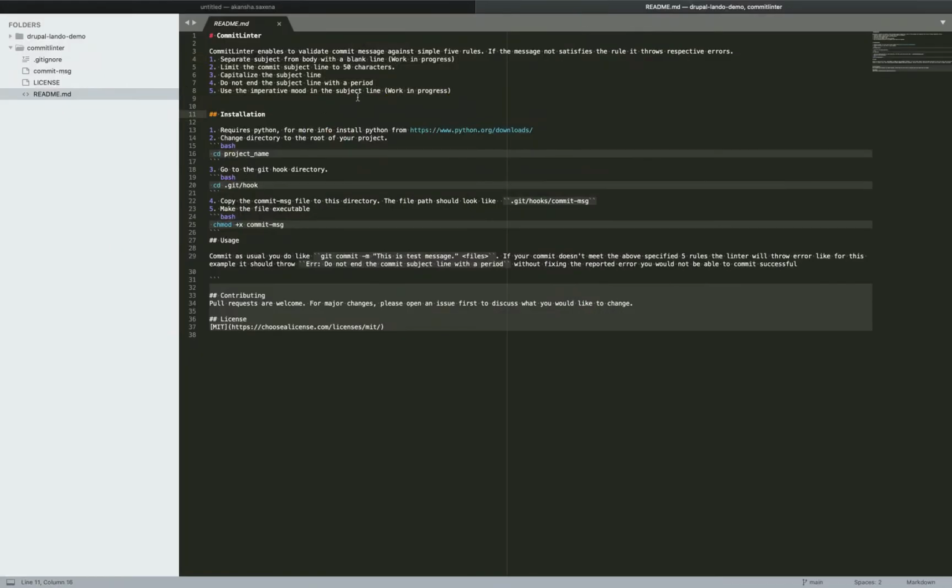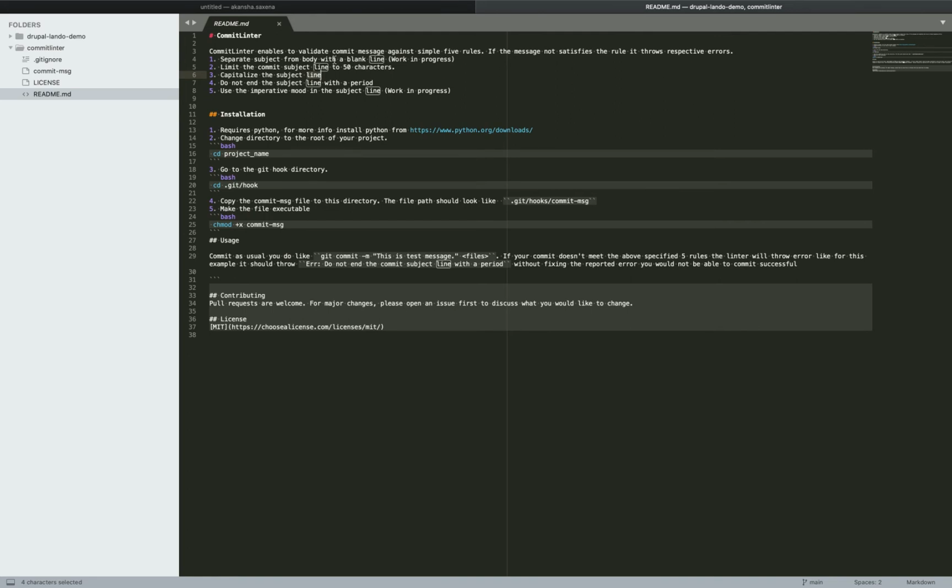Like the example I have told you, let's create a script for that example only. Before that, let me tell you how a commit message should look. An ideal commit message follows five golden rules.